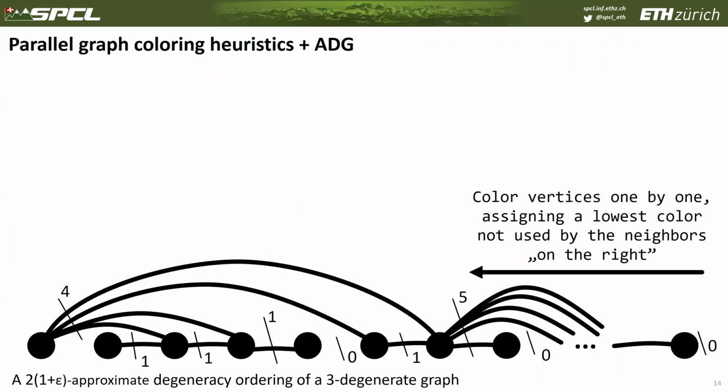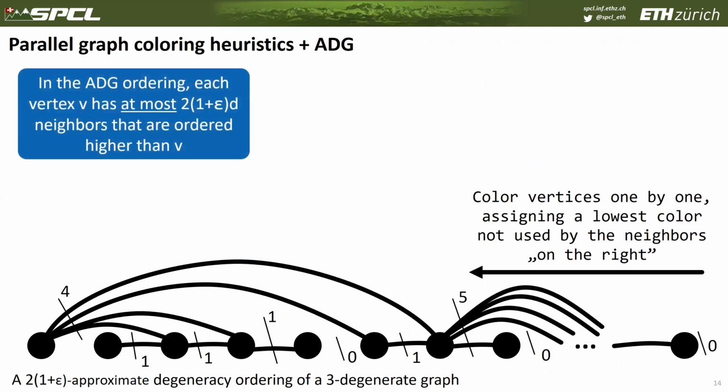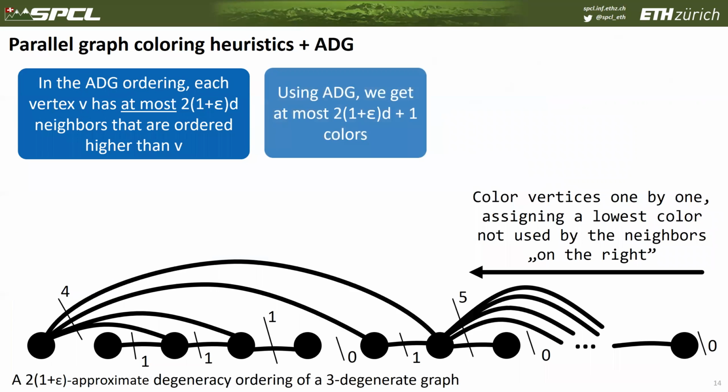Now in our ADG scheme, this is very similar, but this time we have this relaxation, namely we have this approximate degeneracy ordering with the approximation factor of 2 times 1 plus epsilon, and that many more neighbors we may have in this order on the right. But again, we proceed in the same way. We grab each vertex, and then we assign the smallest color not being assigned to the neighbors on the right. And this means that we will use at most 2 times 1 plus epsilon times d plus 1 colors in